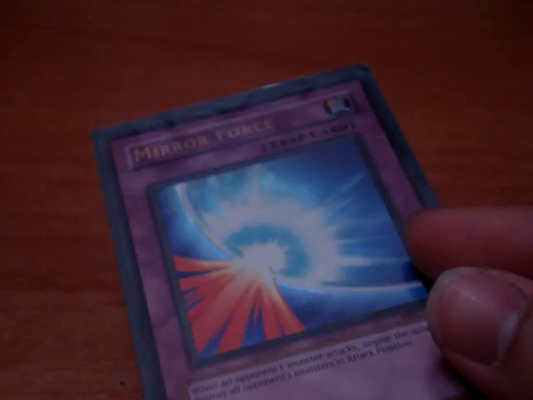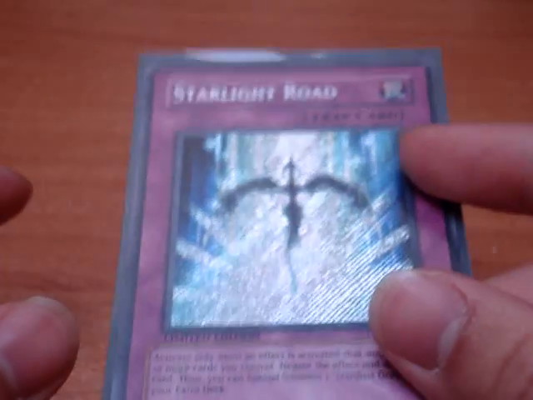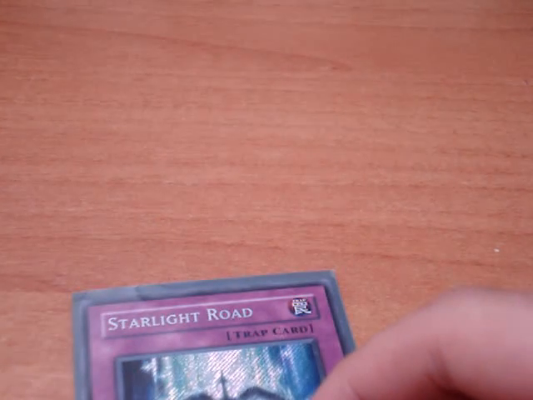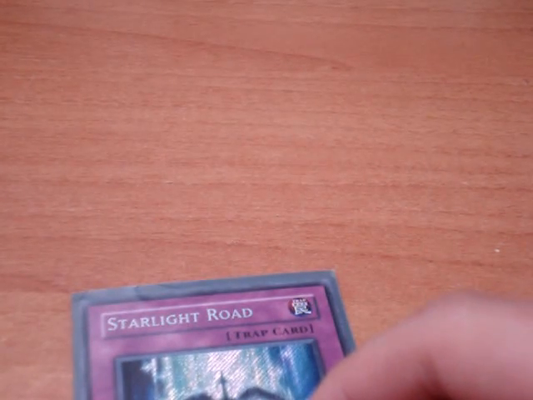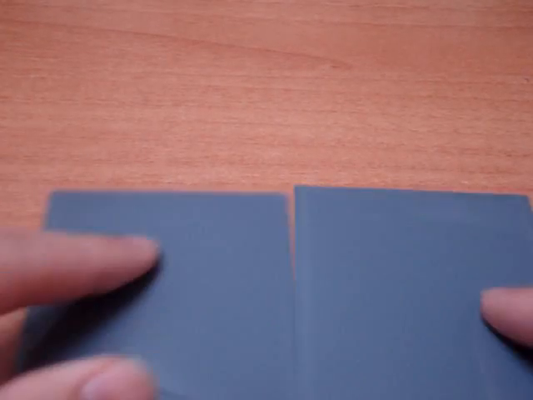Second to last card is Mirror Force, staple. And I'm maining 1 Starlight Road. A lot of mass destruction nowadays, so if your opponent is skilled and smart, they'll probably know how to play around Starlight Road. But if they don't expect it, let's say you only have 2 cards face down, they may expect Starlight Road, but if they don't,